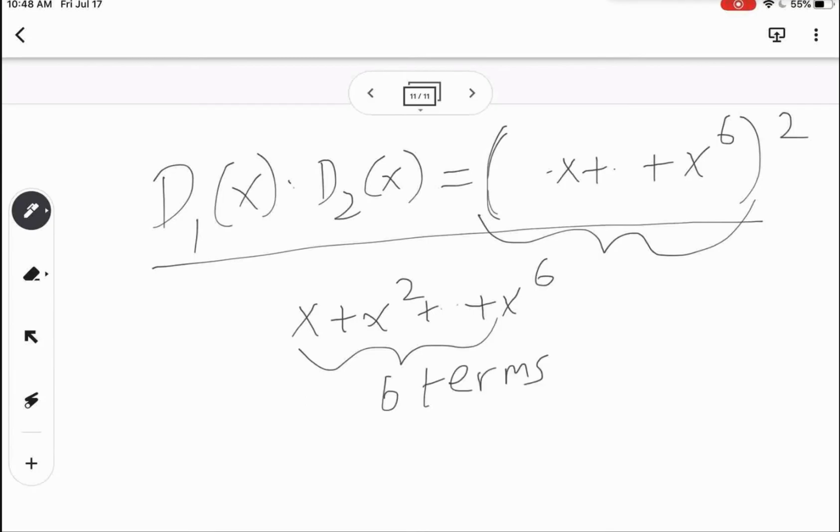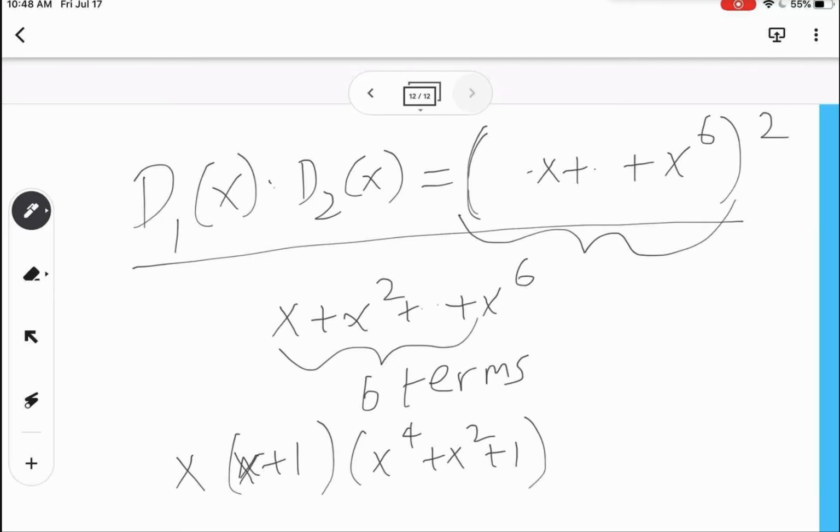So that means that x plus 1 is obviously a factor, right? If you factor this, it becomes x times x plus 1 times x to the 4th plus x squared plus 1. So what you get is that d1 of x